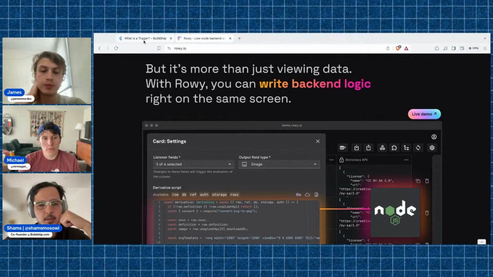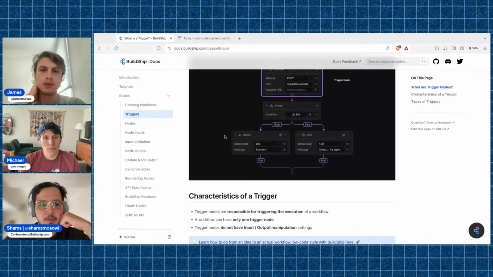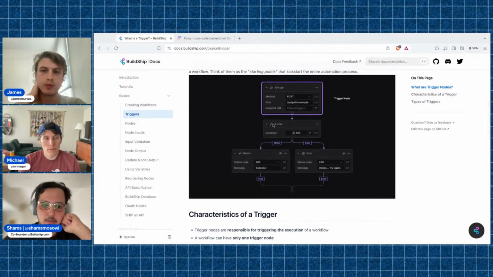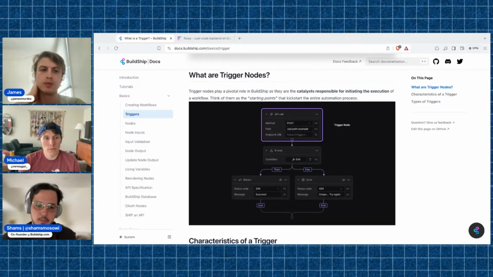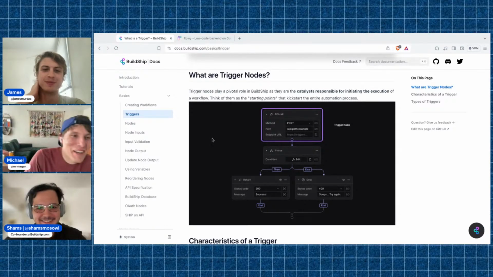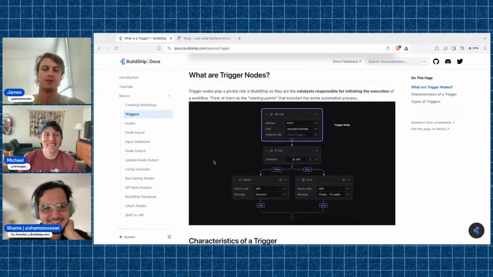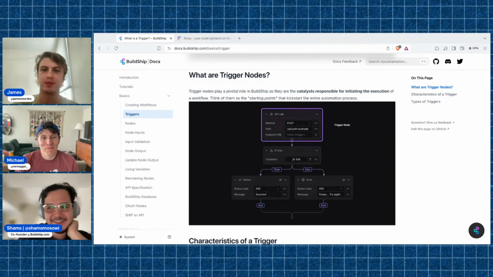So that's basically a few years back, but Rowie's BuildShip's launched since September. So there's a lot of changes that we're going through and trying to make the product better and better. That's not very long ago. Yeah, I was gonna say I'm impressed how well developed it is, I thought you were gonna say like a year or two. So I'm impressed. Yeah, I think we started working on it less than a year now.